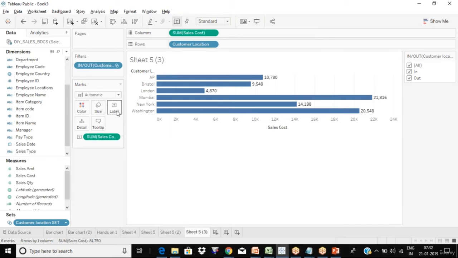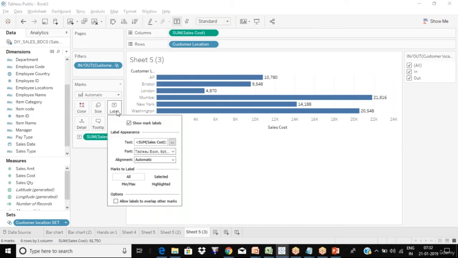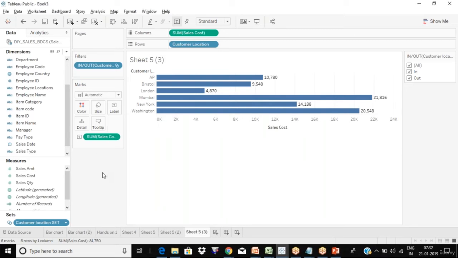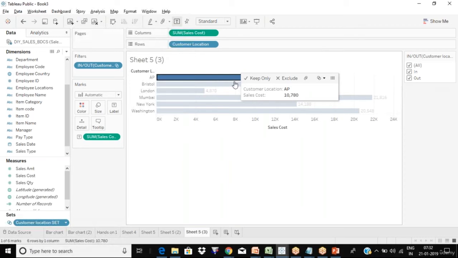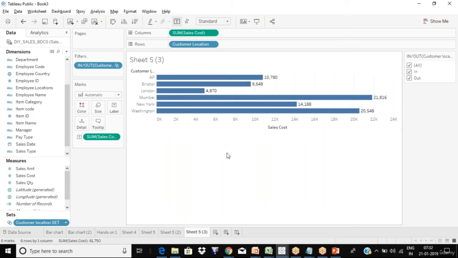If I select always show, it grays out others and highlights the one which I selected, but otherwise the label is not coming. Data is not coming for Brazil. My label is not coming for Brazil. For other countries, it's coming.